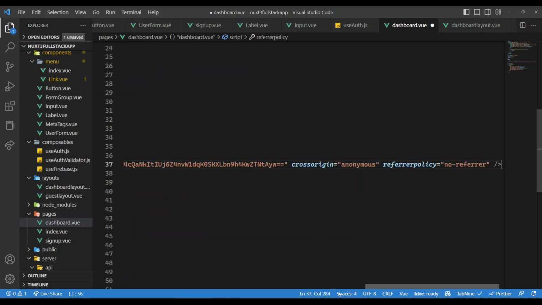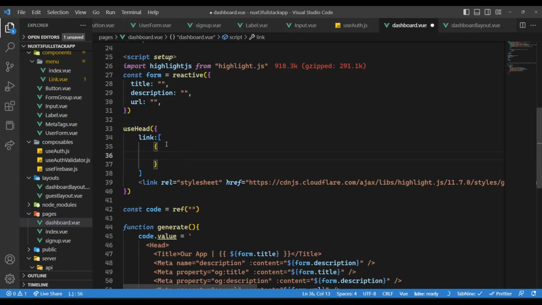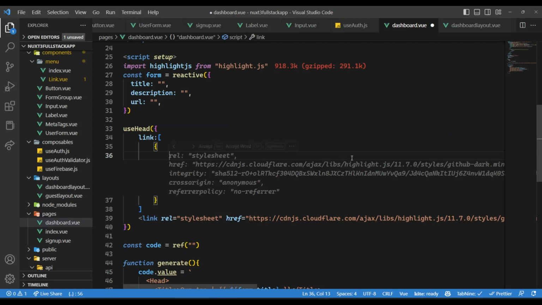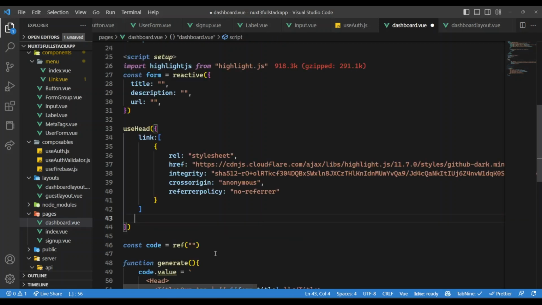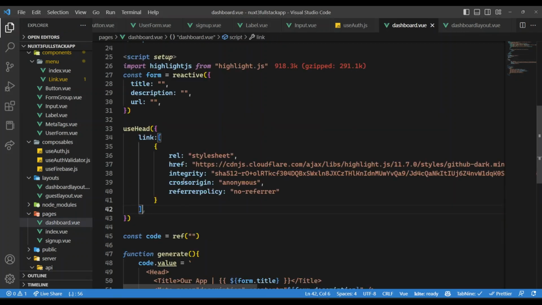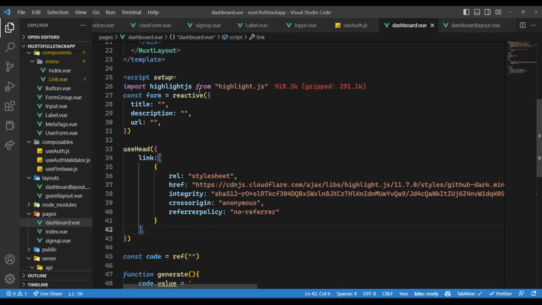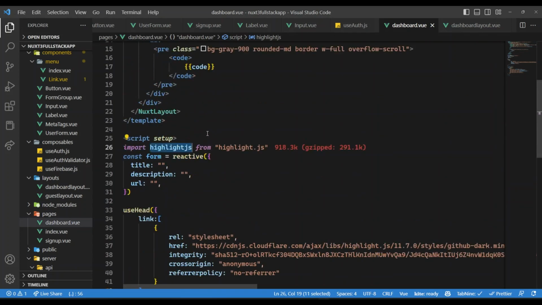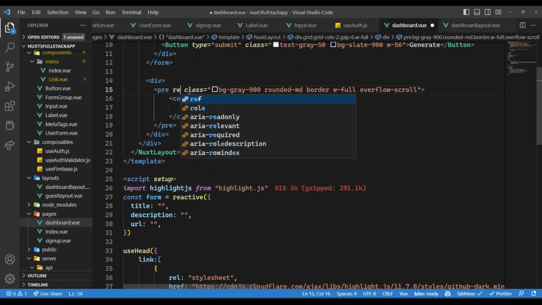Okay, too many things to add. So first, we will have rel of, okay, let's see if it's, okay, that's good. Thank you, Copilot. So let's remove this. And what do we need next? So that will go over here, and here we want to highlight it. So here I'm going to say this thing over here. Okay, let's add ref